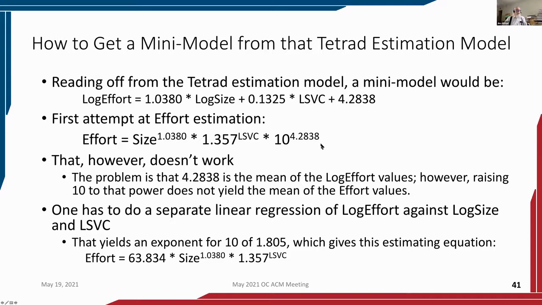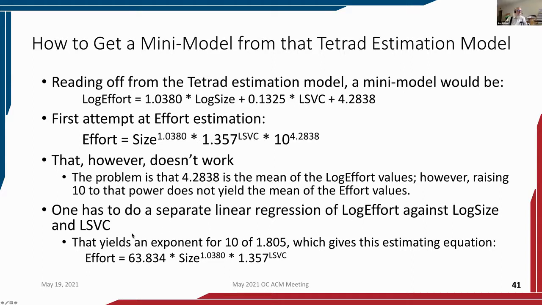Well, this number is bigger than 10,000. And that means all our efforts would be in the general vicinity of 10,000 person hours. But that doesn't work. The problem is that the intercept that Tetrad found is the mean of the log effort values. But what we want is the log of the mean of the effort values. That is to say, the mean of the log is not the same at all as the log of the mean. So in this case, we have to go outside of Tetrad,